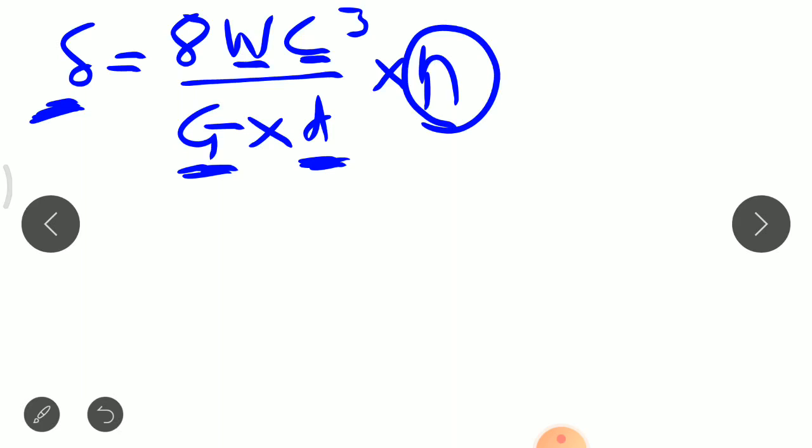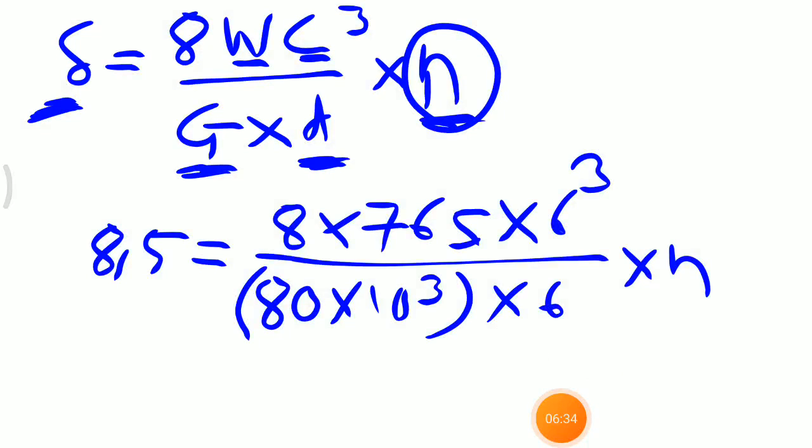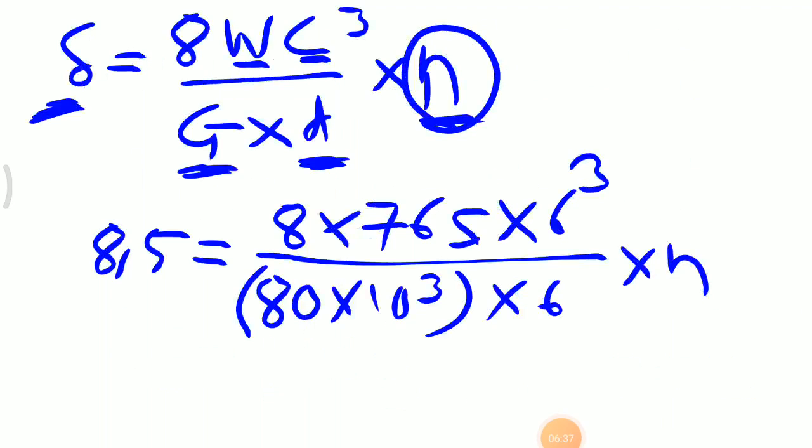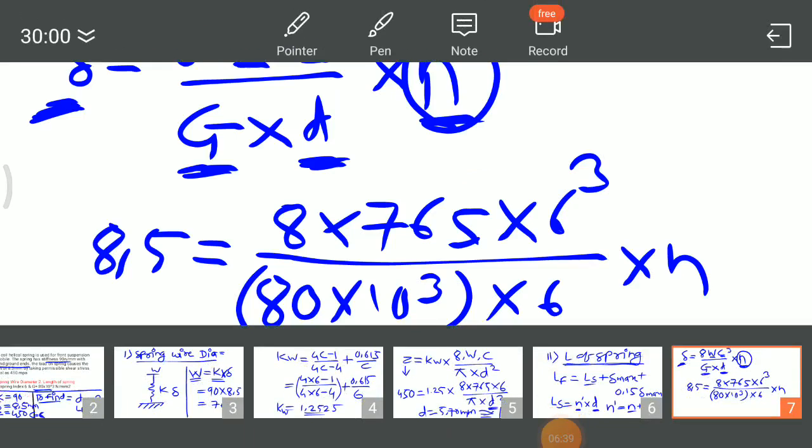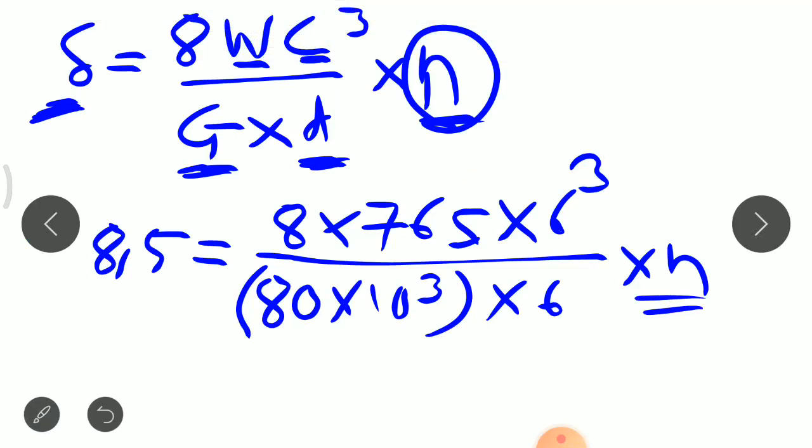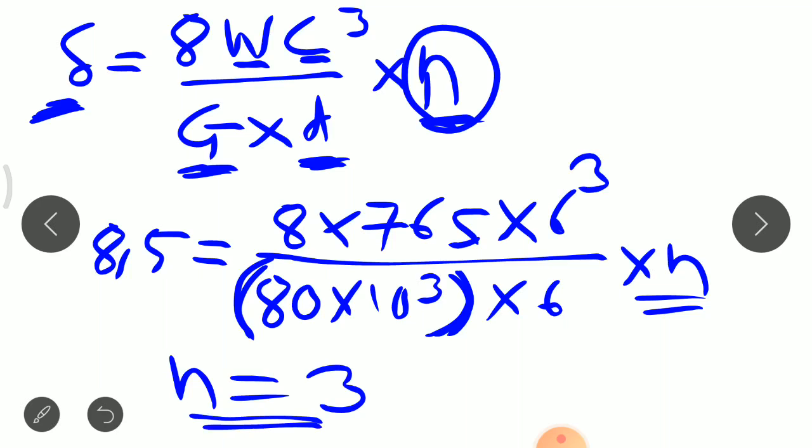तो सारे वैल्यू हम यहाँ पे पुट करेंगे और N की वैल्यू फाइंड आउट करेंगे। और इस फॉर्मूले में हमने सब वैल्यू पुट कर दी, और पुट करने के बाद में हम N की वैल्यू फाइंड आउट करेंगे। सो N इज इक्वल टू 3। आपको सभी वैल्यू जब कैल्सी में पुट करते हो, टाइप करते हो, तो ब्रैकेट, प्रॉपर ब्रैकेट यूज़ करना है आपको। और N की वैल्यू हमने यहाँ पे फाइंड आउट कर दी, दैट इज़ 3।